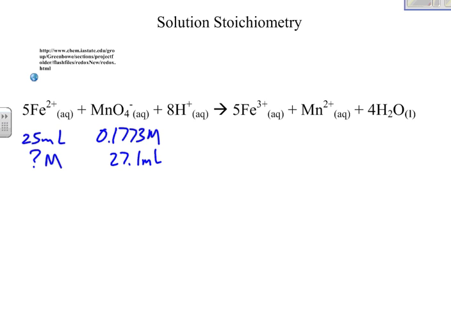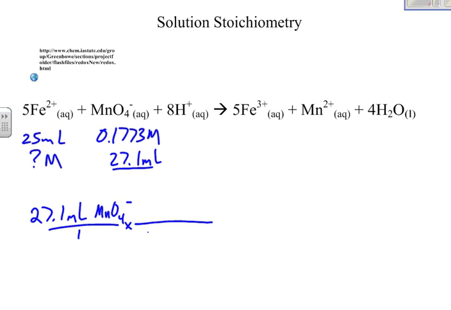So to figure out the molarity of the iron, we need to get the number of moles of that. We're going to start with the volume of the permanganate, and go from this volume to moles of permanganate to moles of iron, and then plug that into the molarity formula for the iron. So 27.1 milliliters of the permanganate solution